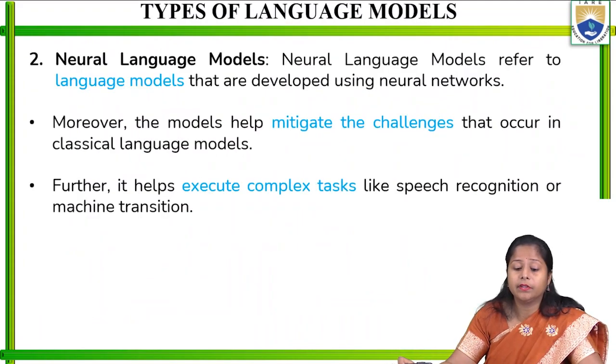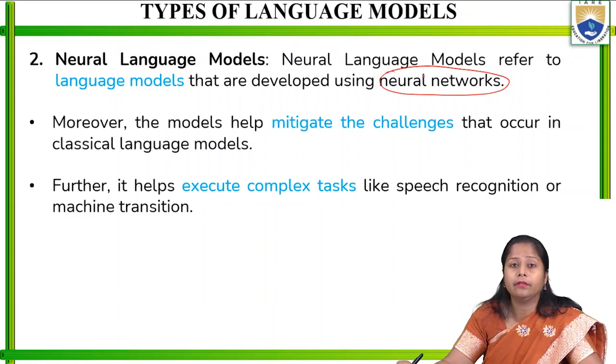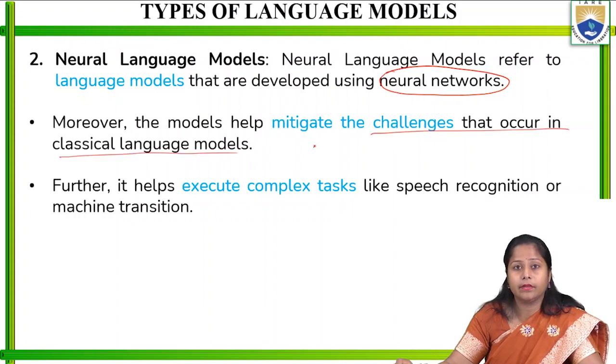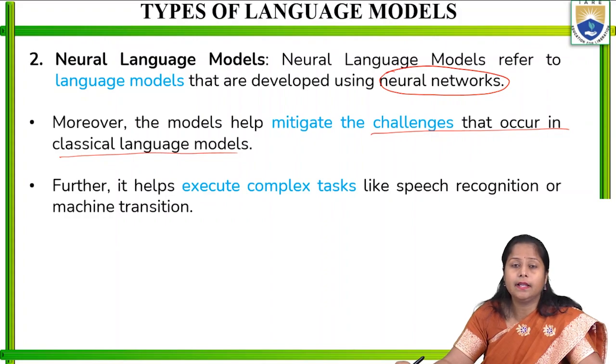The next type of language model is the neural language model. This refers to language models that are developed using neural networks. Basically, the artificial neural network structure is followed, developed with the same context and same requirement. Moreover, the model helps mitigate the challenges that occur in the classical language model. Whenever a classical language model is applied, whatever issues there are,